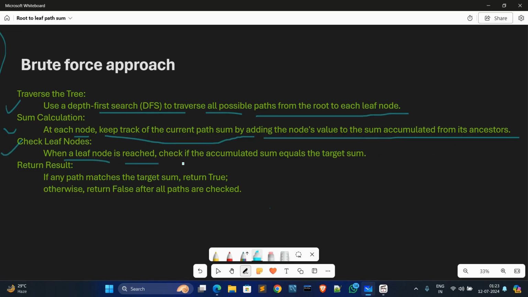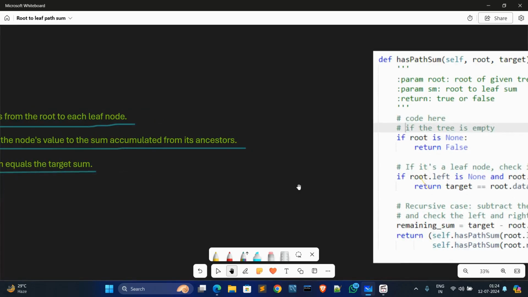When a leaf node is reached, we check whether the sum is equal to our target or not. If the path sum matches our target sum, we return true, or if not, we return false. Now go to the code.